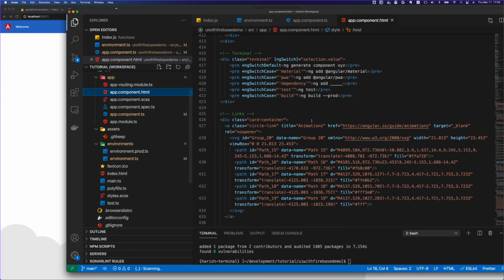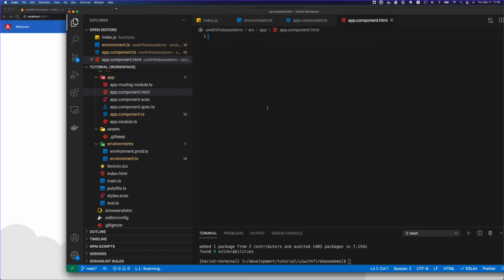So I'm going to go to my app component.html and simply delete everything, because I want to create a button, and on the click of this button, I want to call my function select all. I'm doing it just to test what happens when we do this.